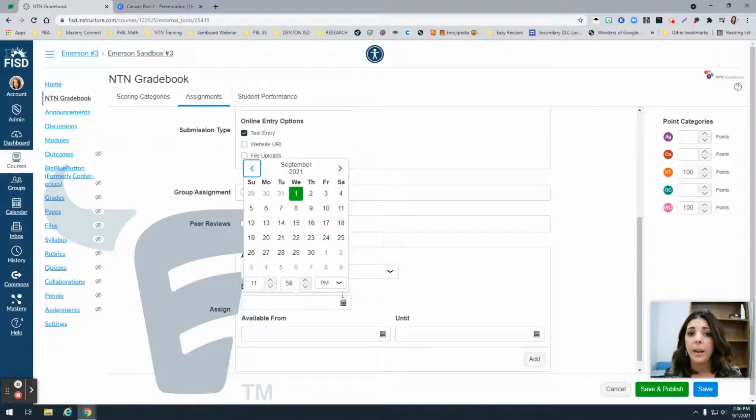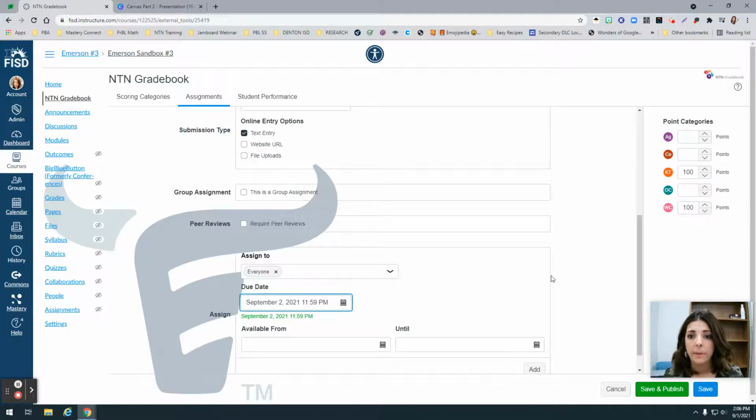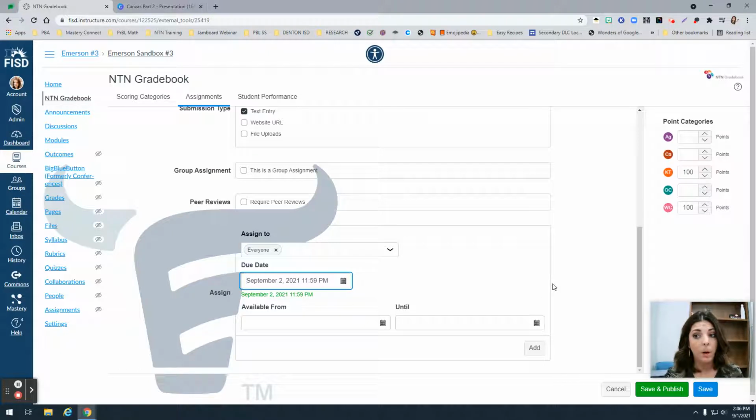And then don't forget, I have to give it a due date. So it's going to be due tomorrow. I'm leaving it at midnight. Now here's where the fun part can come in. It can be really tedious if I were to make an assignment for every single class. But the nice thing about Canvas, and even using the NTN Gradebook, is I have the ability to assign it